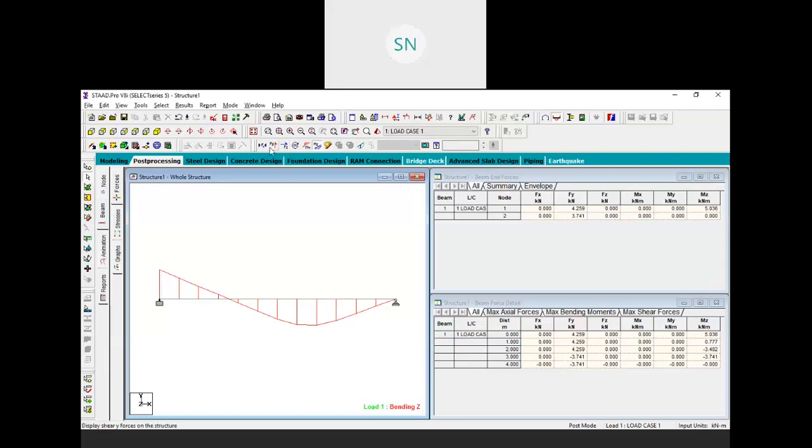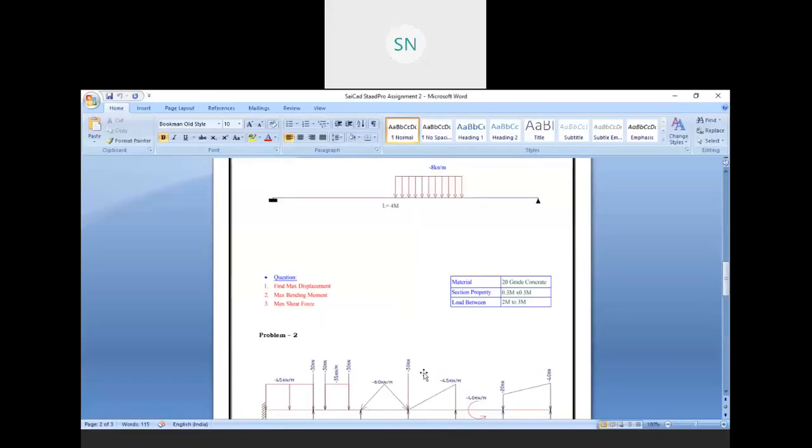Here you will find all these 6 options. Shear force in X, that means axial force. Shear force in Y, shear force in Z, moment in X, that means torsion, bending moment in Y, and bending moment in Z. In our question, we have to find the maximum bending moment and maximum shear force.